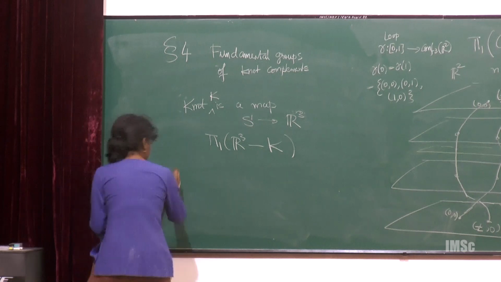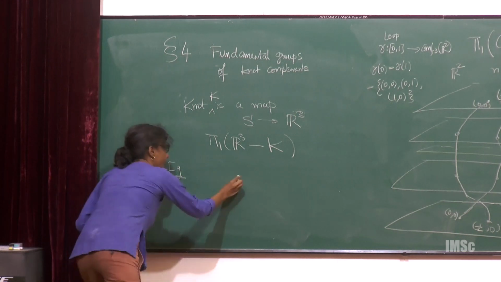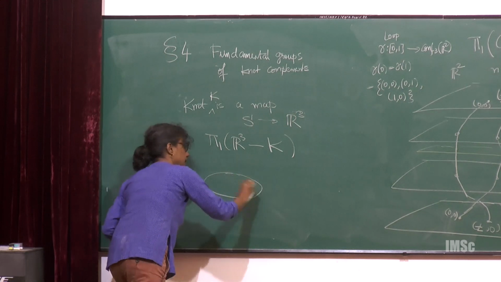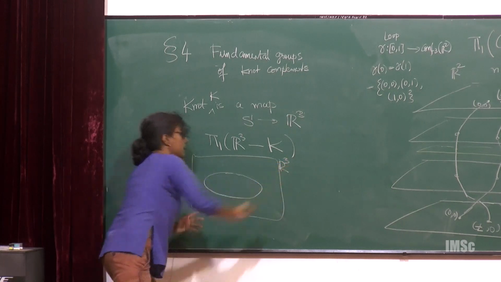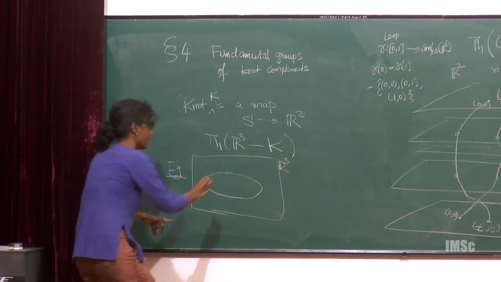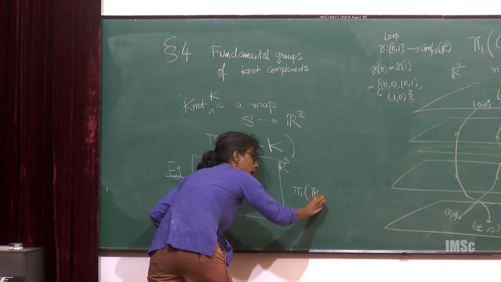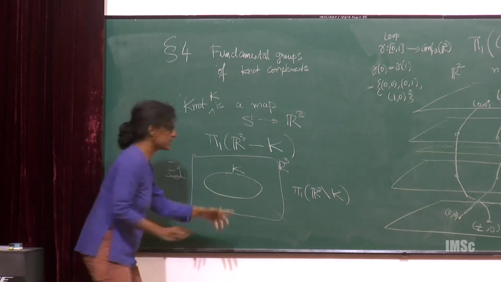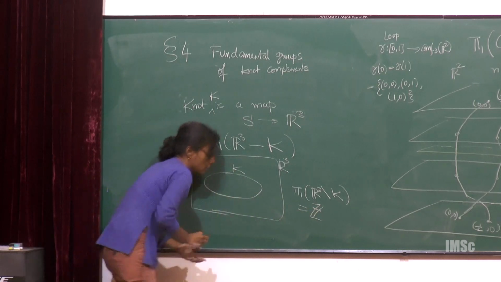For example, if you take the trivial knot, which is just this circle sitting inside R3, then pi1 of R3 minus K is actually just Z, because the generator just